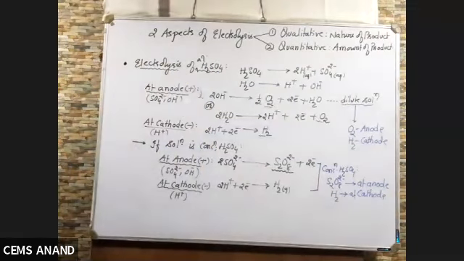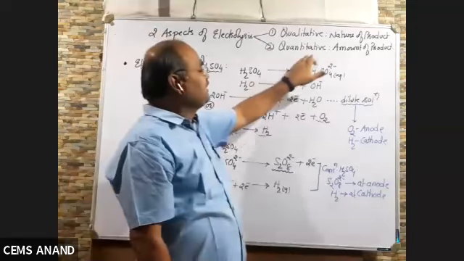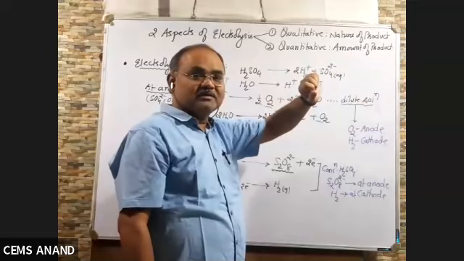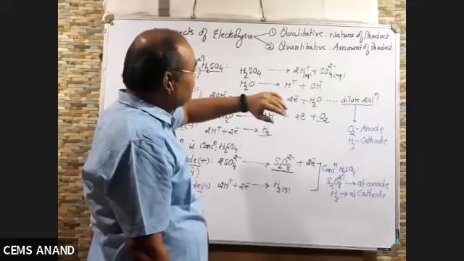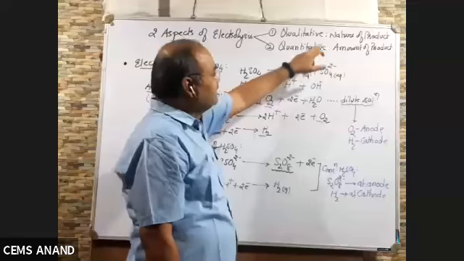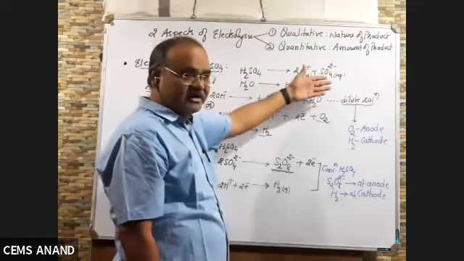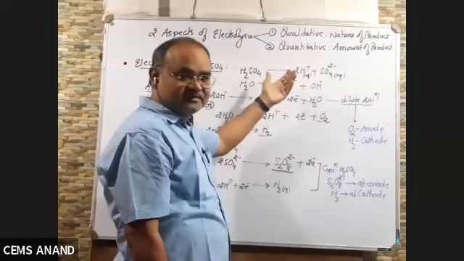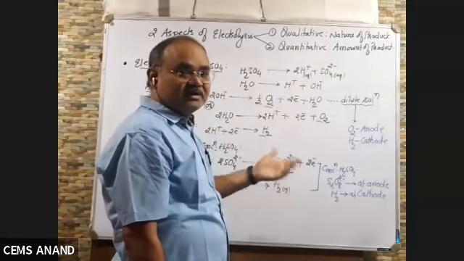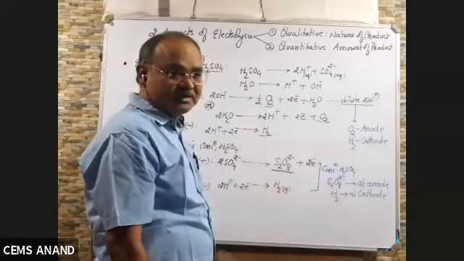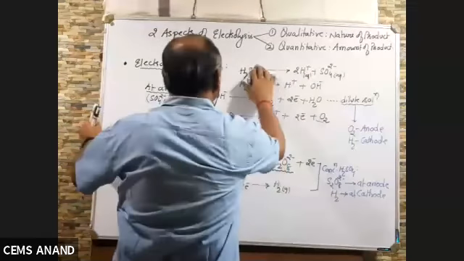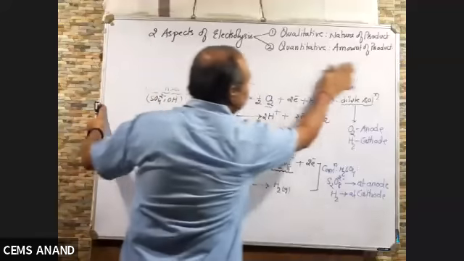So this was the first aspect. Done, sir. Okay. Now, the second aspect, the quantitative aspect, that is the amount of product. Before studying that in detail, one more point we will take: the nature of product, I told you, depends on the nature of material. Material we have taken dilute, concentrated. In the earlier case, we have taken molten and concentrated. But I told you it also depends on the type of electrode. That is not given in our book, but they are asking, so we'll take one example. Type of electrode.